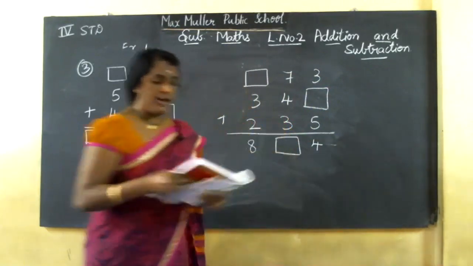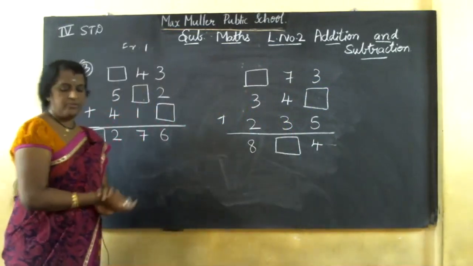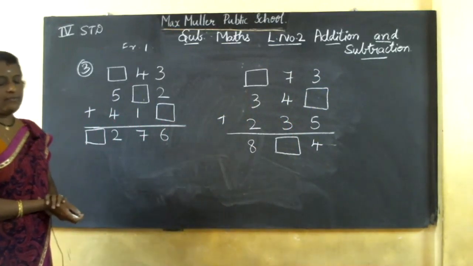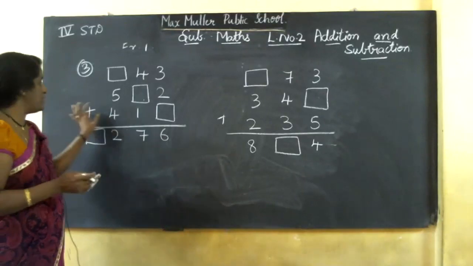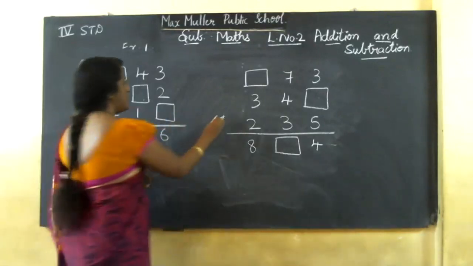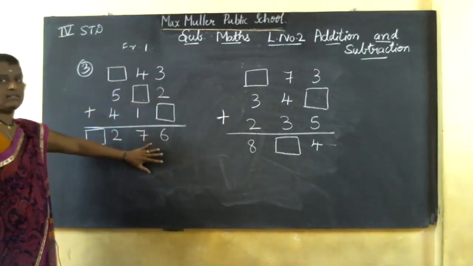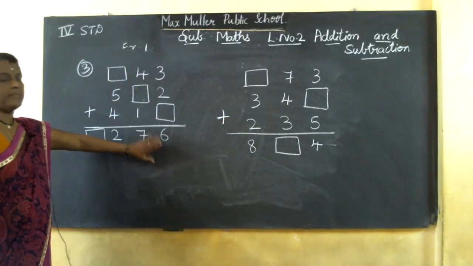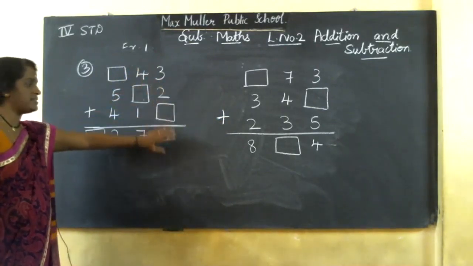So how will you do addition? This is the addition part. So first main, add the following; second main, arrange vertically and add; third main, fill in the missing digits. So Exercise 1 is addition only, because the addition symbol is there, children. So you should do addition. So this is the question, this is the answer. Okay, this is the sum, these are addends, these are numbers, values, addends. So you should add this.